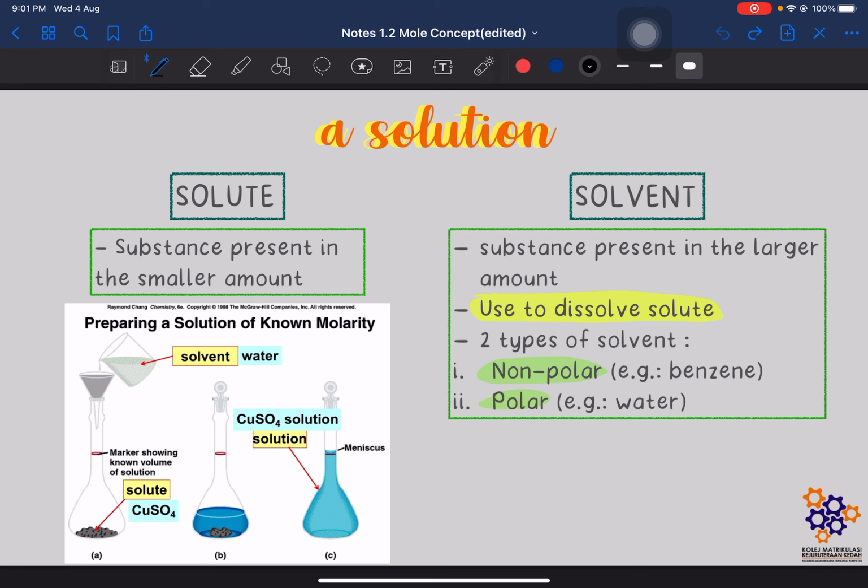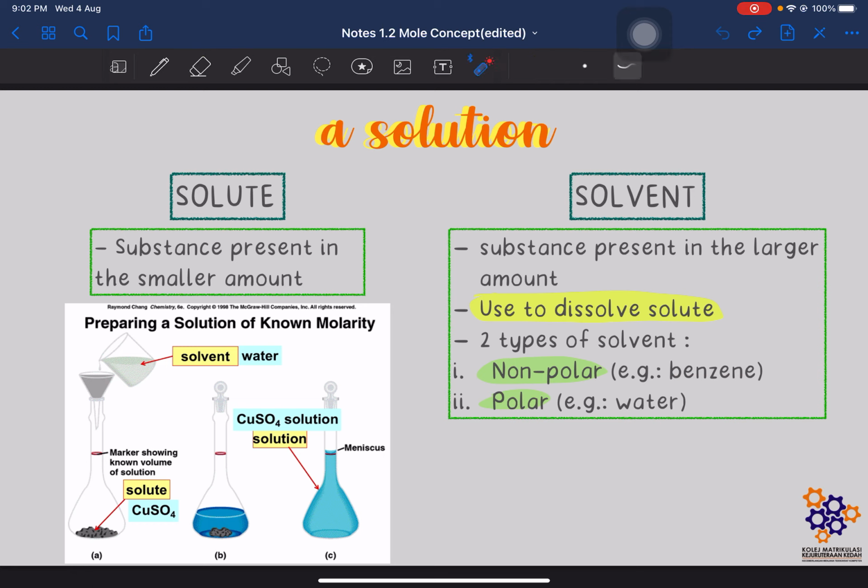So solution is made up of a solute that is dissolved in the solvent. So what is a solute? Solute is a substance present in the smaller amount, and solvent is the substance present in the larger amount, used to dissolve solute. So there are two types of solvent. The first one is non-polar solvent, such as benzene, and the second one is polar solvent, such as